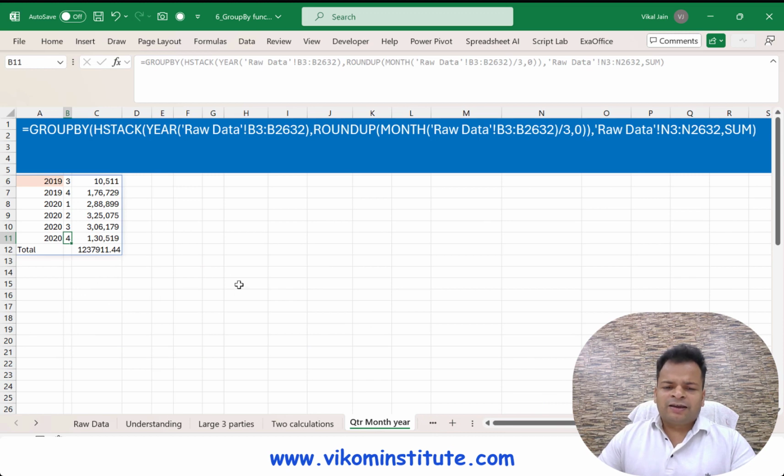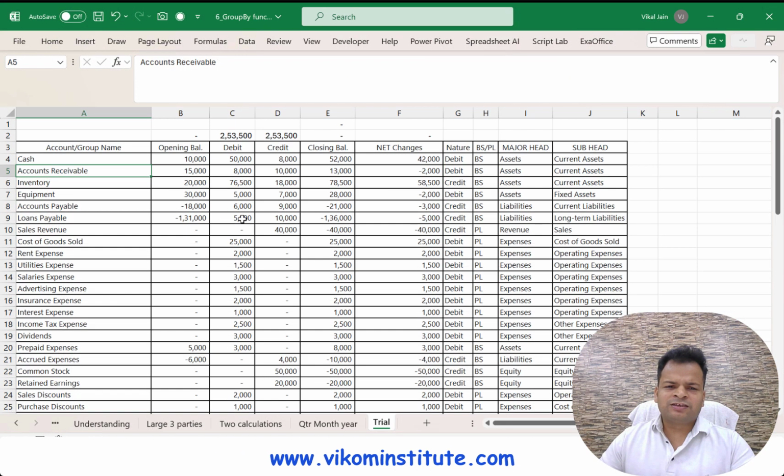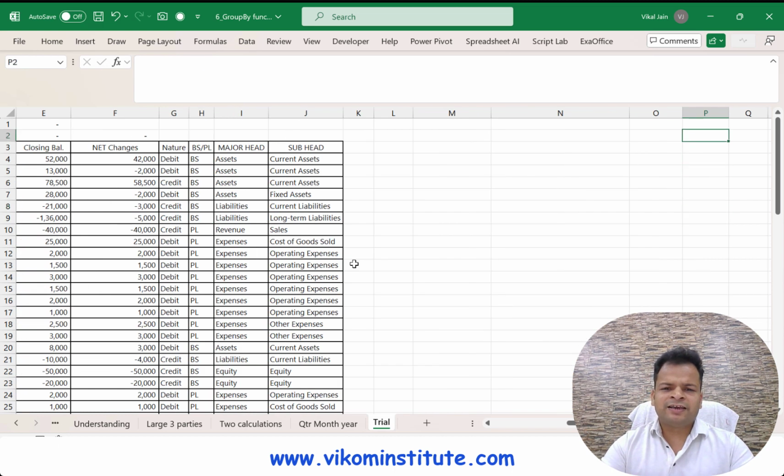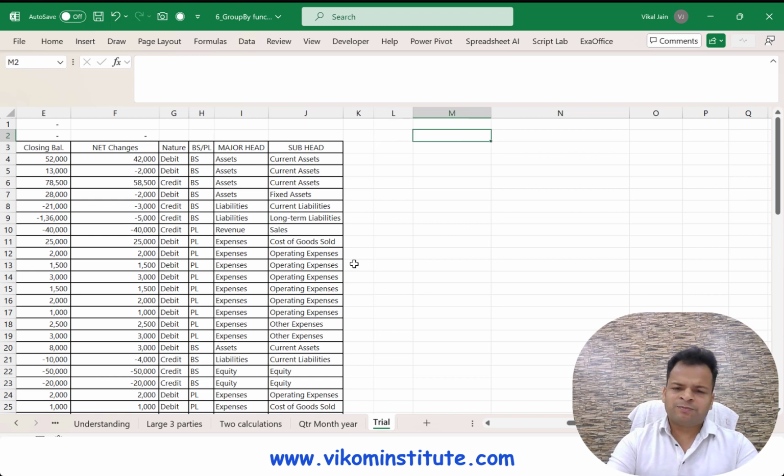So now again I'm going to take the last example of group by, and here if you see, it is looking like a trial balance of a company. I have created a demo trial balance over here, and we generally use a pivot table to create the summarization of balance sheet and profit and loss. Now let's say I simply want the balance sheet.